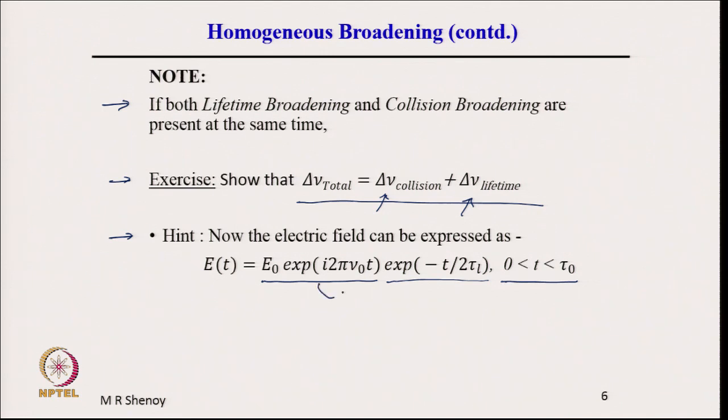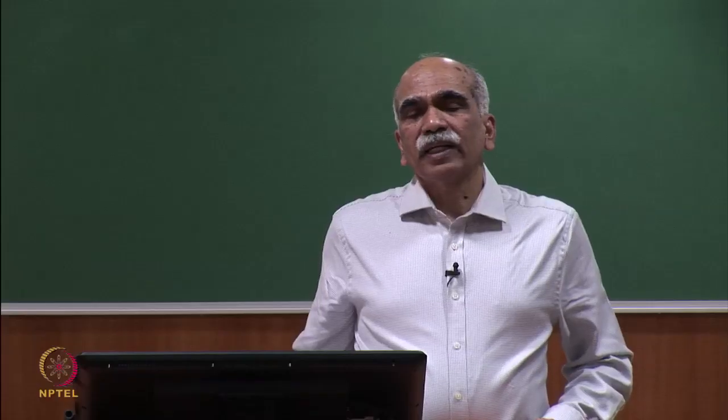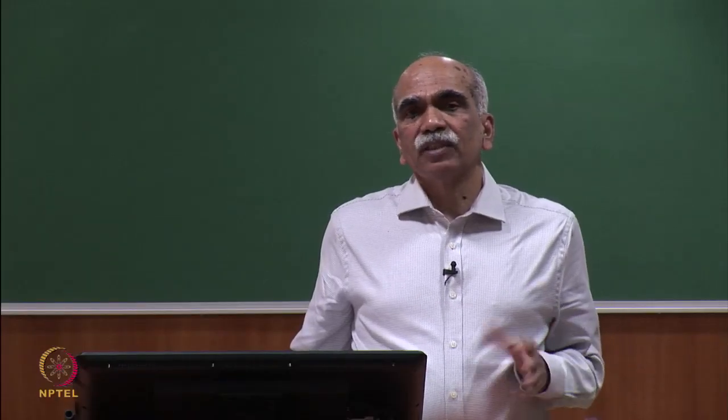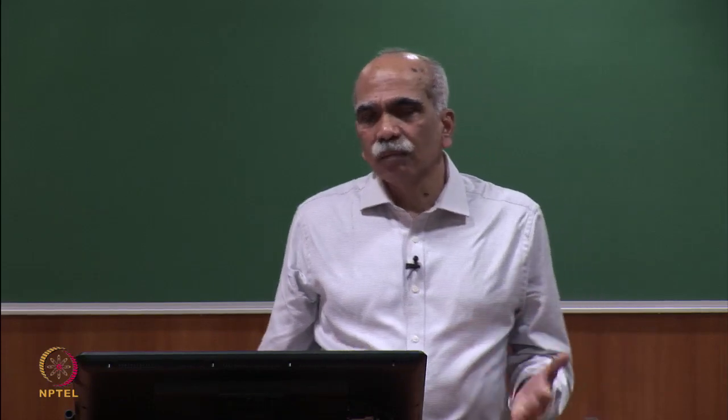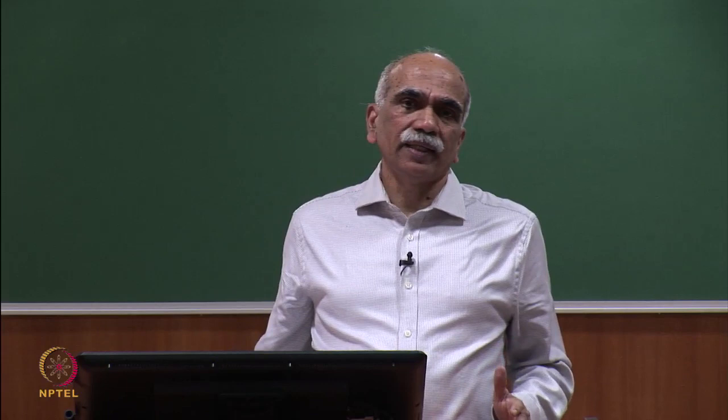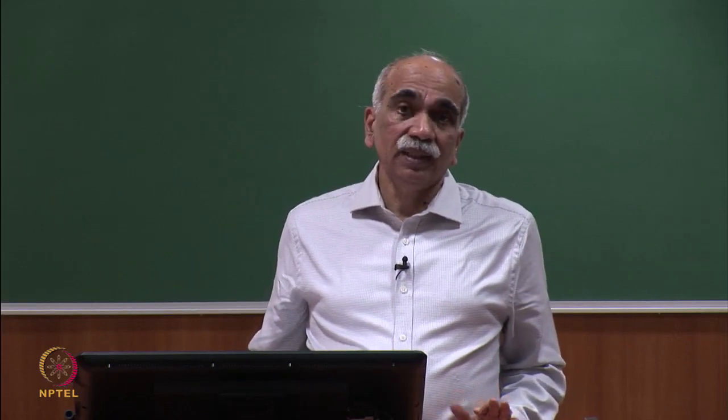So, this sinusoidal is only over this range, and then because of the lifetime there is a damping term. That is why we can write the electric field in this form and proceed the same way to get the spectrum in the presence of both, and you can see that it will be equal to the sum of lifetime broadening and collision broadening. Now, we will take up